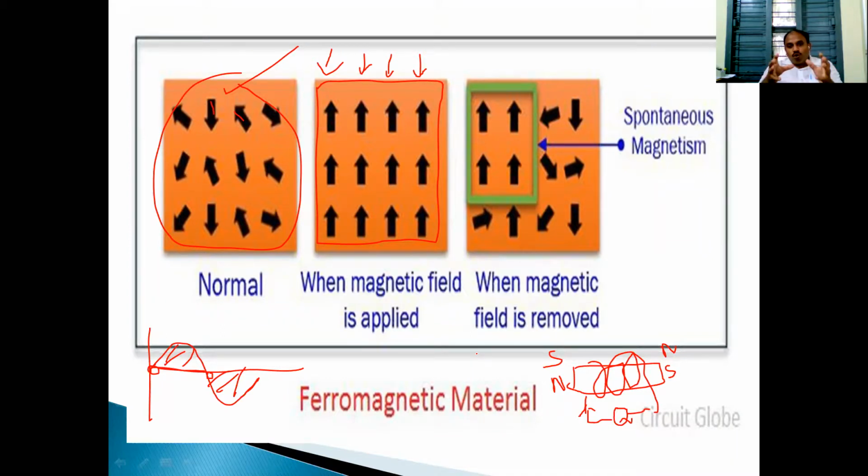If the core material is a good material, it is easy to change the poles. If you use good material, it is easy for the molecules to change their direction. So good materials offer low reluctance and low hysteresis losses. Bad magnetic materials offer more hysteresis losses. That's why we use good magnetic material as a core to reduce the hysteresis loss. Hysteresis losses depend upon the volume of the core material.